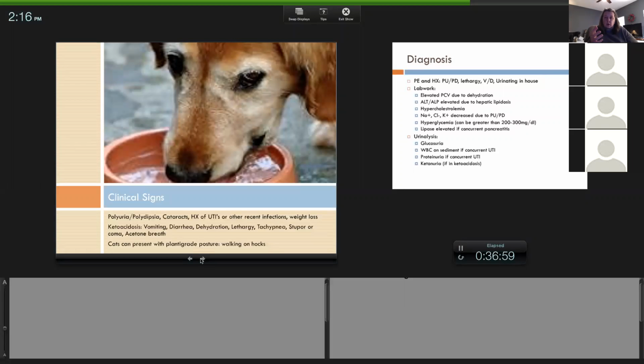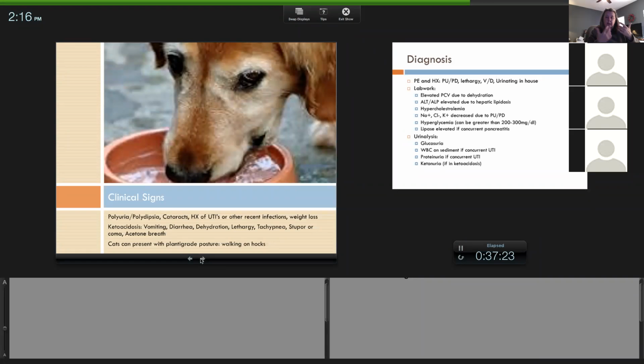A lot of these dogs will form cataracts. Now, cataracts aren't typically acute, like one day your dog has normal eyes and the next day has cataracts. But in a lot of diabetics, if you look in their eyes, they've got this white, shimmery appearance, which can eventually lead to blindness. So they may have a disruption in sight from these cataracts.